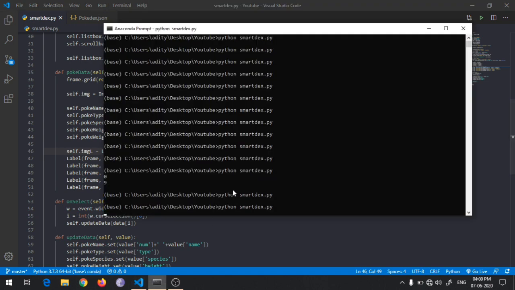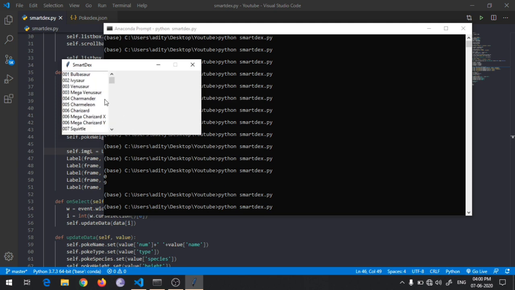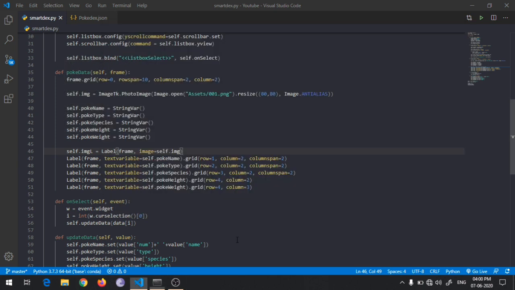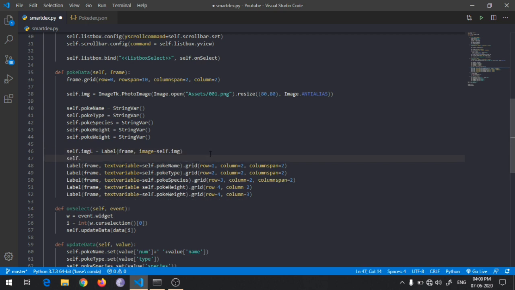I will go and run this Python project. So the image is not there. Okay, we haven't placed the image yet.